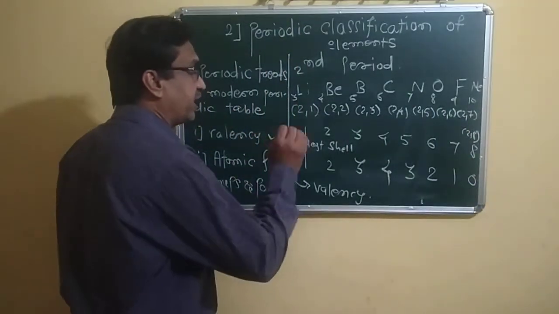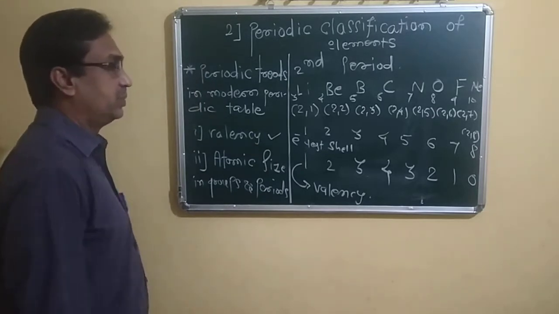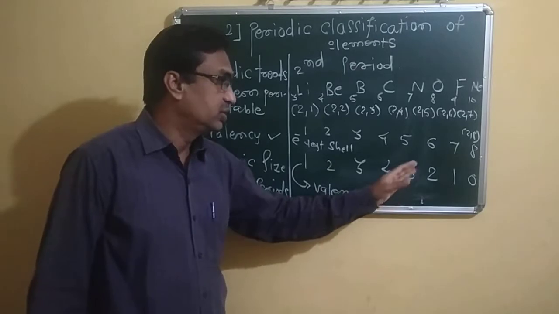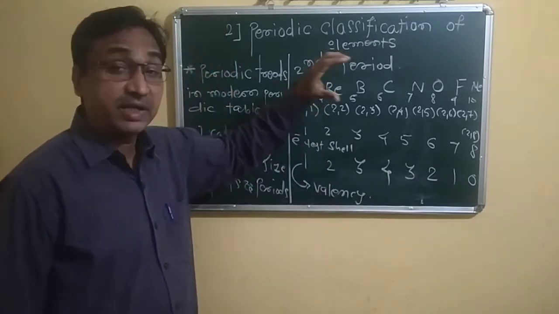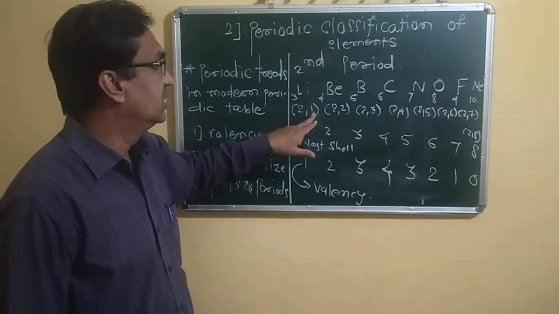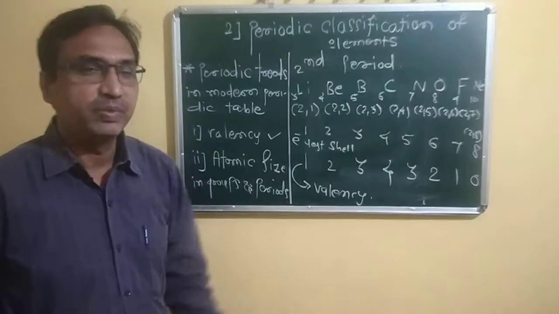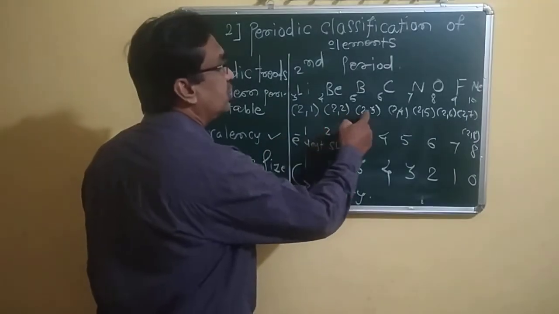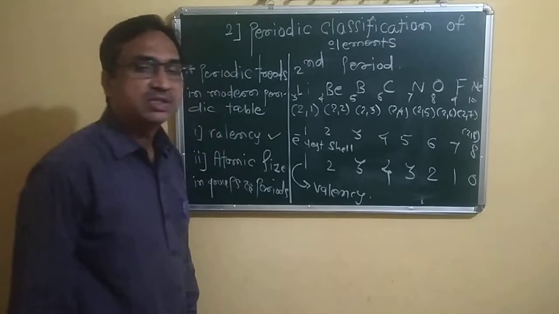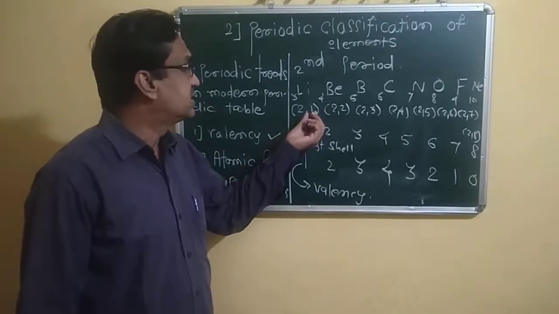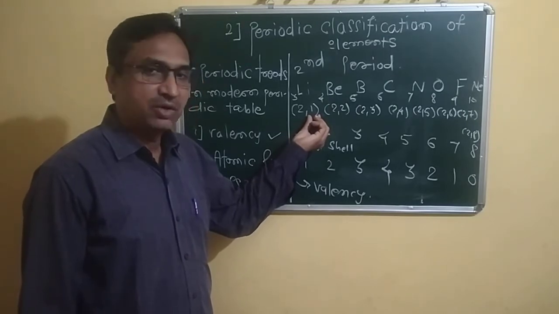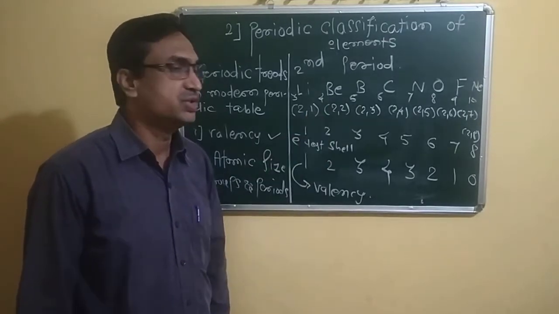So the periodic trend in concern with the valency: 1, 2, 3, 4, 3, 2, 1 in the second period, and something similar happens in the third period too. In its electronic configuration we can see 2,8,1; 2,8,2; 2,8,3; 2,8,4; 2,8,5; 2,8,6; 2,8,7, and so on. The same number of valence electrons they have in their outermost orbit, that is 1, 2, 3, 4, 5, 6, 7 and 8.